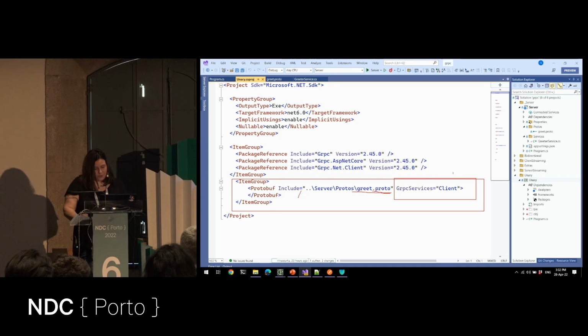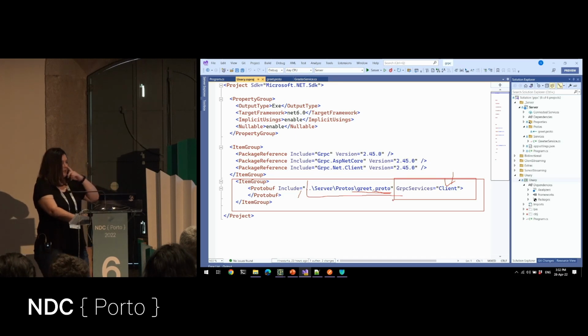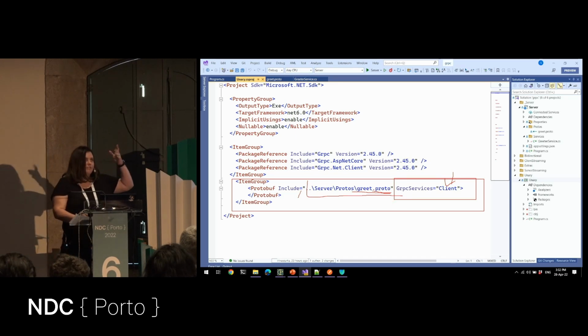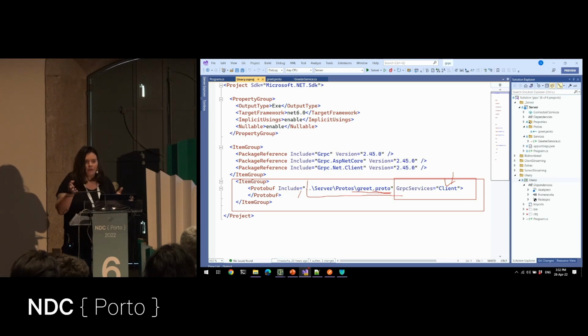In here, you have two options, client or server. And based on that, it knows, okay, this is the client or this is the server, okay? So the path can be relative or it can be somewhere where every other project can have access. And this is the way of not having a project reference. So you treat this as being independent, but that independence is somehow apparent because you still have the proto file that you will need to take care of.